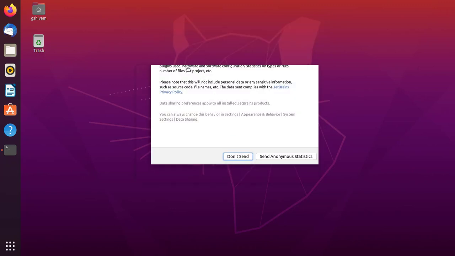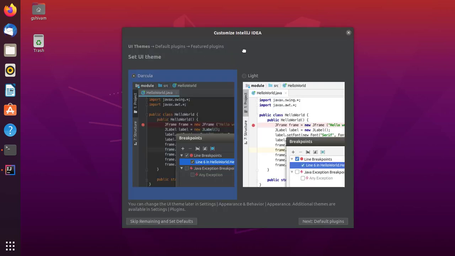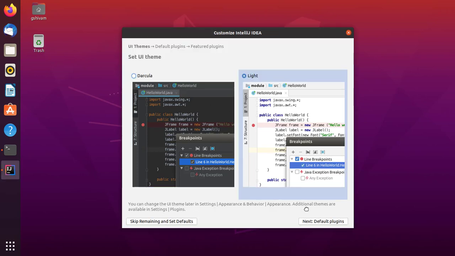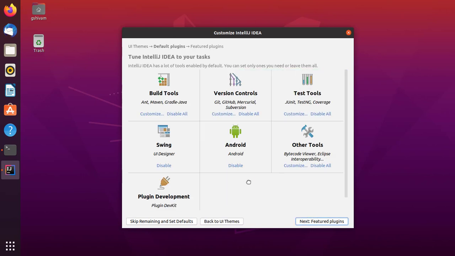It will start opening for the first time. It will take maybe some time. It will ask you the theme which you want to use. I am using the light version, so I am clicking on the light version and click on next. Then it will ask to install some plugins related to development, but for Java development we don't want any plugins right now.